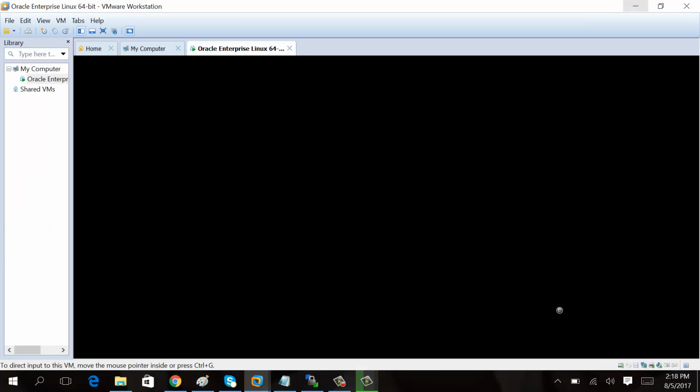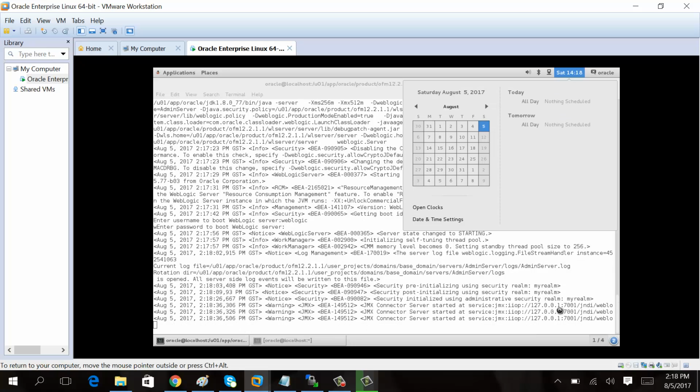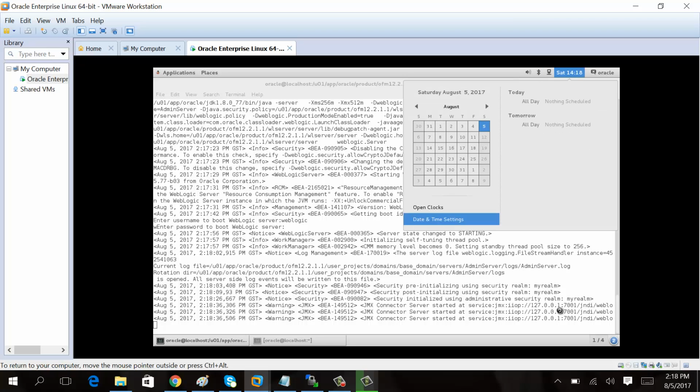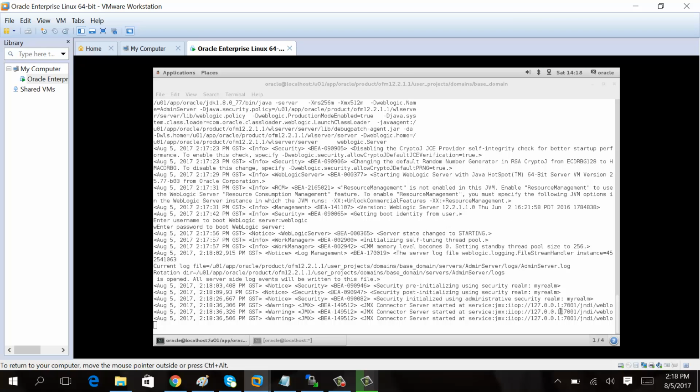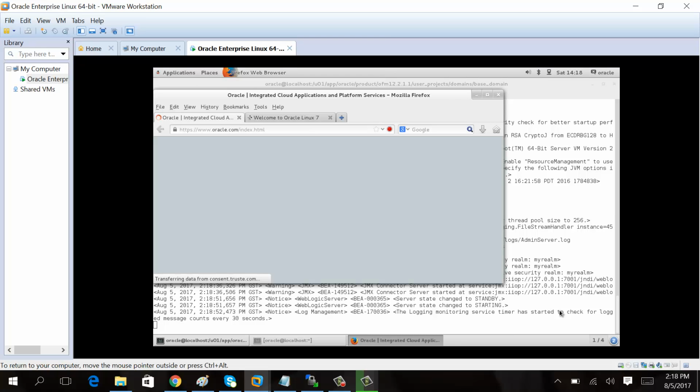Wait, let's remove the full screen. Yeah, open Firefox. Yeah, Firefox is open. So go to Firefox, and then type here